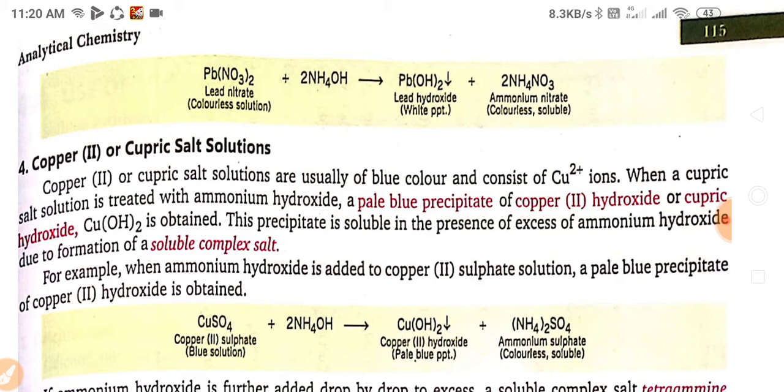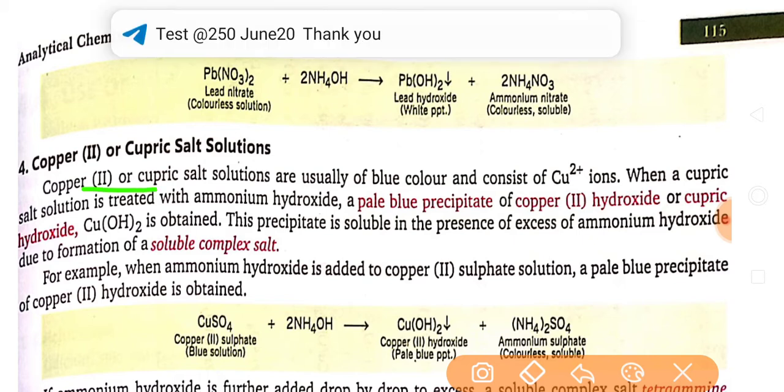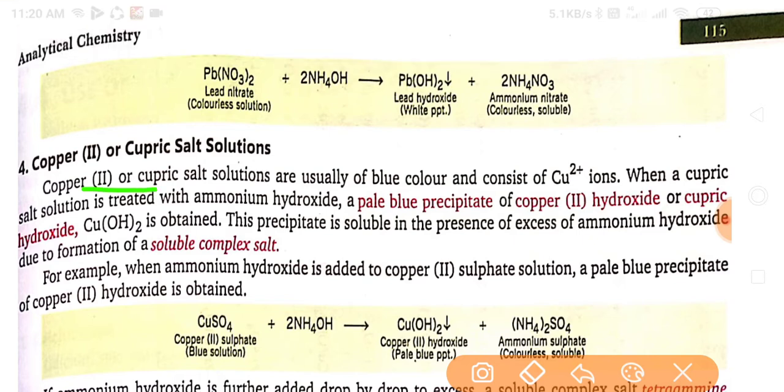It is colorless and soluble. Next, copper or cupric salt solution. When copper with the valency of 2, or cupric salt solution, is usually of blue color. Okay, if you talk about cupric 2, it is usually of blue color and consists of cupric